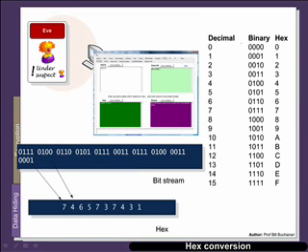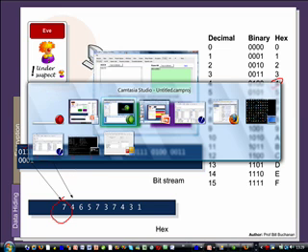The way that hexadecimal works is that we split the binary stream into groups of 4 bits, and then it's fairly easy to convert each of these 4 bits into a hex character. So in this case we have 7, and the second one we have 4, and so on. So if we have a look at our toolkit,